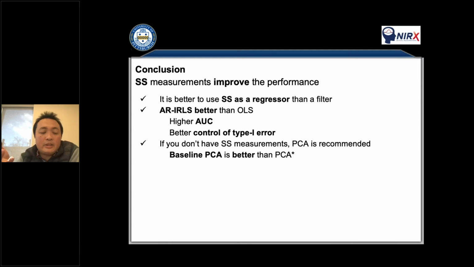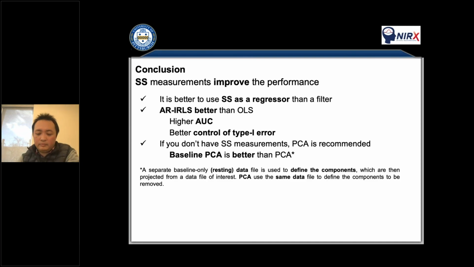You can ask the subject to do nothing for 5 minutes and then use that information to get the first couple of components, and then use that for your task or for the signal. But if you don't have the baseline resting state data, for example for a kids population, you can still use PCA if you want.